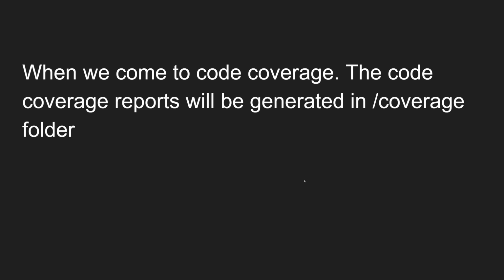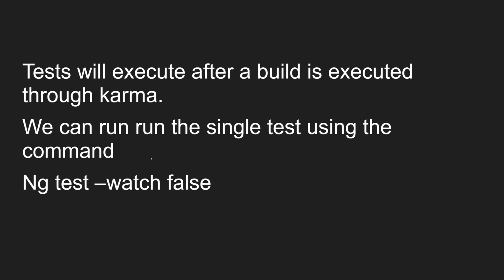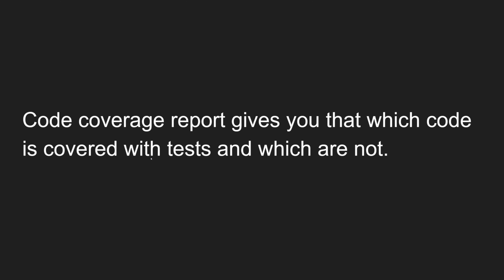So this is all about the ng test options that are available in the ng test command. Hope you understood this. Out of these, the important one is code coverage. It tells whether the test cases that you have written are covering all the code or not. That is the main thing. Another thing is source maps: if you want to debug the test, you can use the source map. These are the options available in the ng test command. Hope you understood ng test and its options.